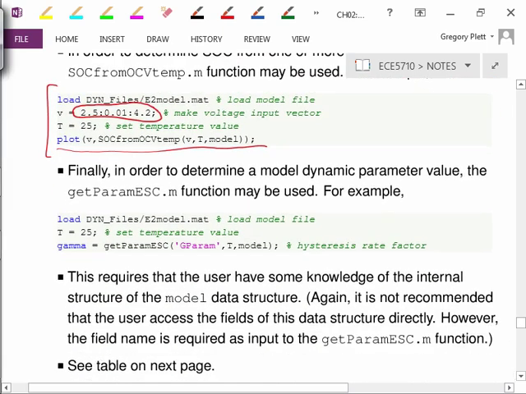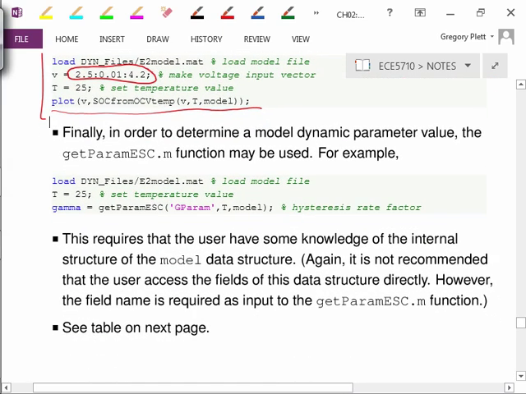And finally, if I want any of the dynamic parameters, I have an accessor function called getParam_ESC that you can use in order to get that parameter value at that temperature. So I load the data file, I set the temperature, and I say, oh, I want to know the hysteresis gamma function, so I set that equal to getParam_ESC. gparam is the name to use to get the gamma parameter, and then t and model are also inputs. So how did I know it was gparam for gamma? Well, someone had to tell you, and